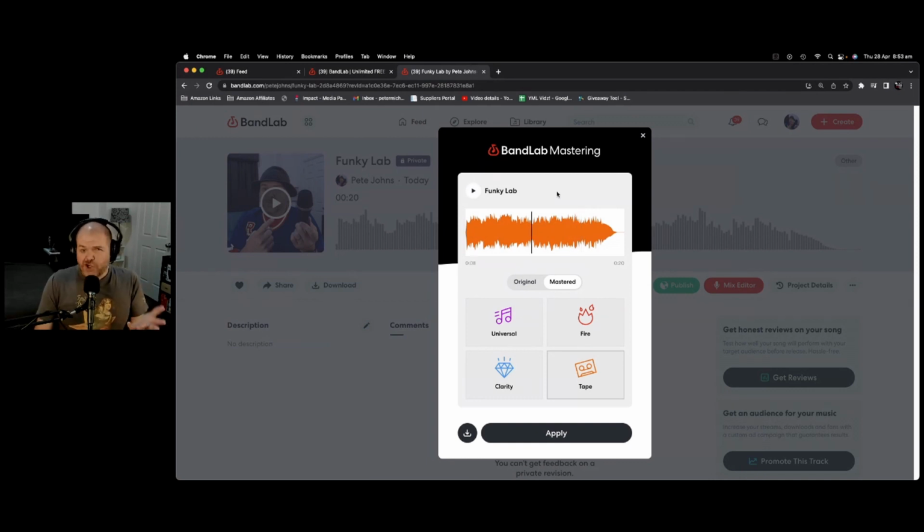Now, which preset you choose is entirely up to you. I tend to like the universal preset here because I spend a lot of time on my mix making it sound like I want it to sound, but the universal will make sure it boosts that level up. So I'm going to go with this one, and if I hit the apply button here, what this is going to do